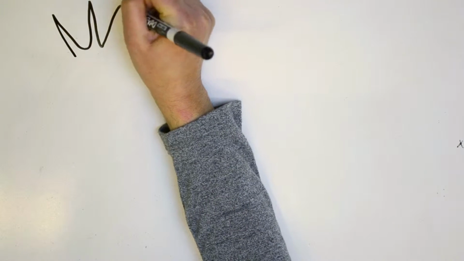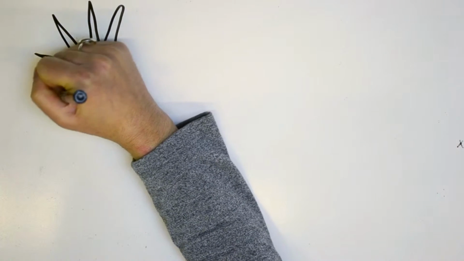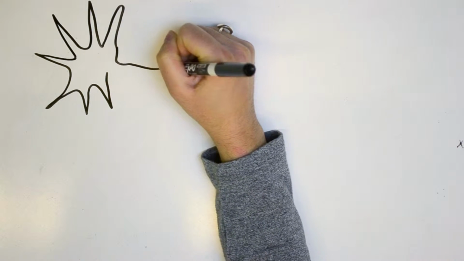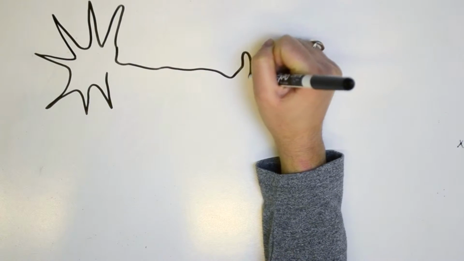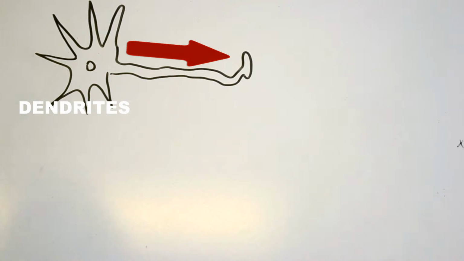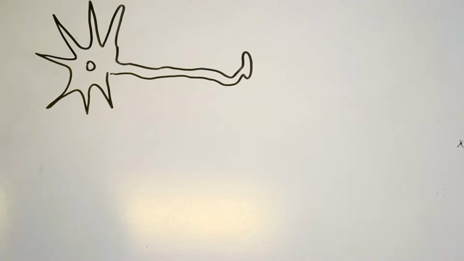Let's begin by talking about how brain cells called neurons work. Neurons have specialized sites for receiving and sending information to and from neighboring cells. Neurons receive signals from neighboring cells from the tree-like projections found at the end of the cell called dendrites. Signals that come in through dendrites travel down the neuron and are sent off to other cells through the terminals.